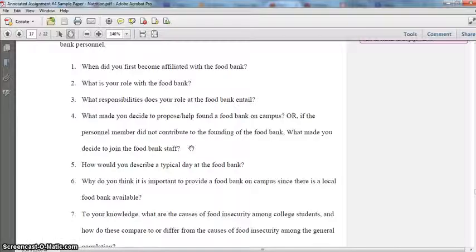Something like that. Another thing that you want to keep in mind is that whenever you are phrasing your questions, it's really important that you are clear and specific about what it is you're trying to ask, because if there's any ambiguity around the question, then the interviewee is either just going to guess what he or she thinks you're asking, and the answer then may not be that accurate for your data, or the interviewee may have to stop and ask you for clarification, and that can break up the flow of the interview. So try and be as specific and clear as possible.